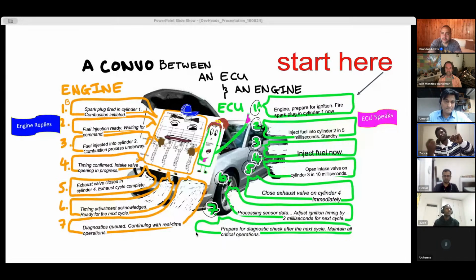Something like open the exhaust valve, which is a little less than fuel, but more important than logging. So if it says open the exhaust valve, this task could take over the computing in such a way that the thing that is sending the fuel waits, and that could end up exploding your engine.